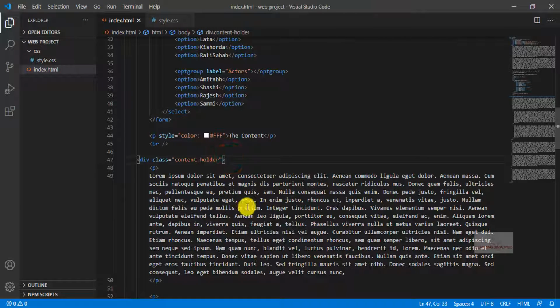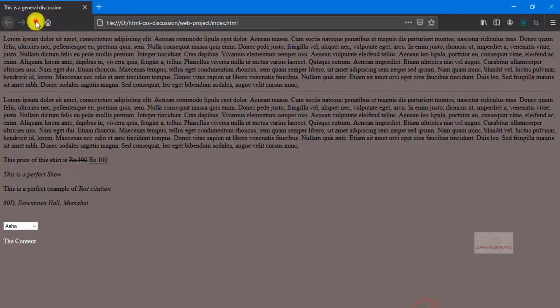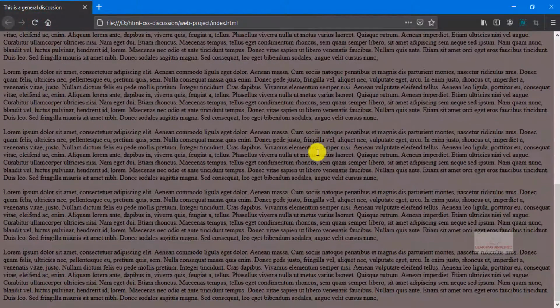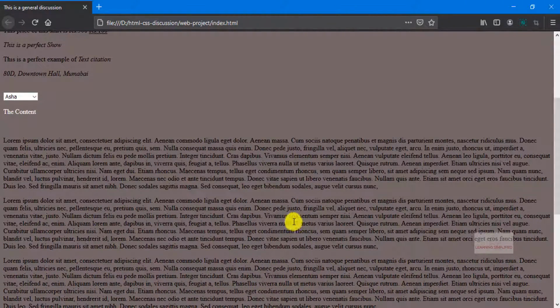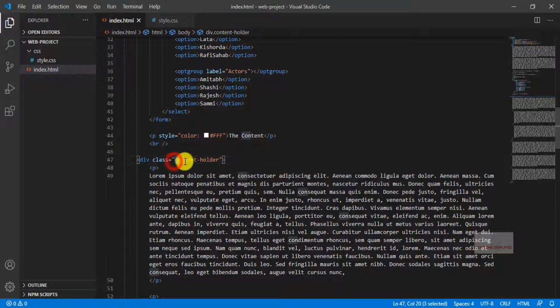Now if we press Ctrl S, get back to our project and reload, we will see that this will be the result. So far there is no change in our display here, as we can see. The next obvious thing is we need to customize this individual class name. We need to add some additional CSS style properties to this content holder class name. So definitely we'll be copying this